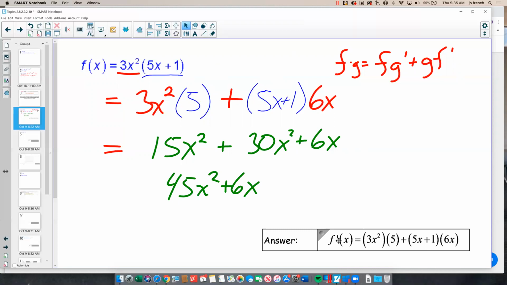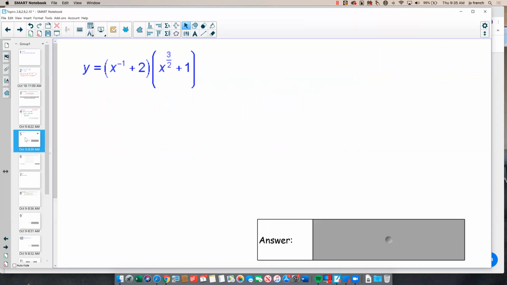Let's look at another example. y equals x to the minus 1 plus 2 times the quantity x to the 3 halves plus 1. Now we could try and FOIL this out so that we'd have a single expression where we could take the derivatives of the individual terms, but that looks pretty messy. So let's instead